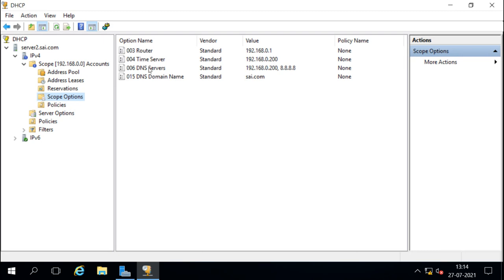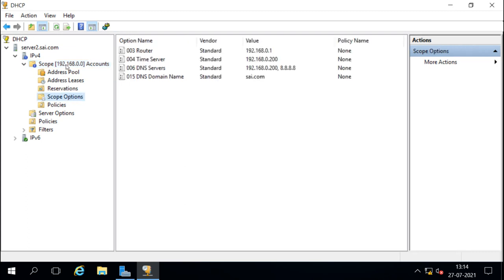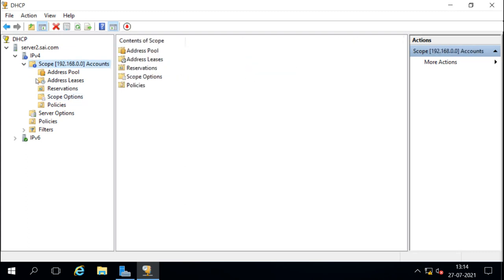Now the only difference between the server options and the scope options is that this option is only related to this scope. That means you can see it is under the scope. These options will come with this scope only. Now if we create another scope, we can create multiple scopes in DHCP servers, and that scope can have different scope options.